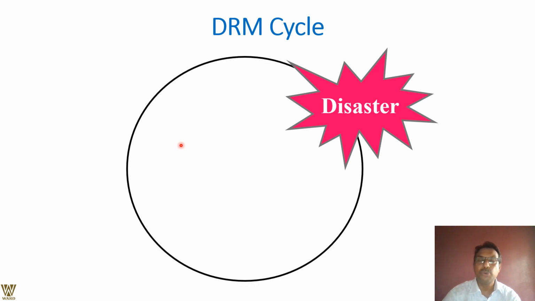Now, this is very important to understand for the mere fact that if you can understand the cycle and the stages, you will be able to understand where to intervene and where not to. Speaking of it, disaster is a random event. You look at it in the whole of the space. There's this point, there's disaster. Otherwise, everywhere is normalcy, right? It's only during disaster that things become abnormal. People are being shaken to the core.